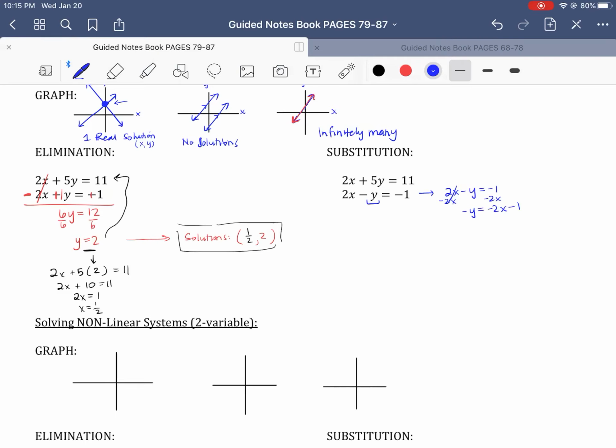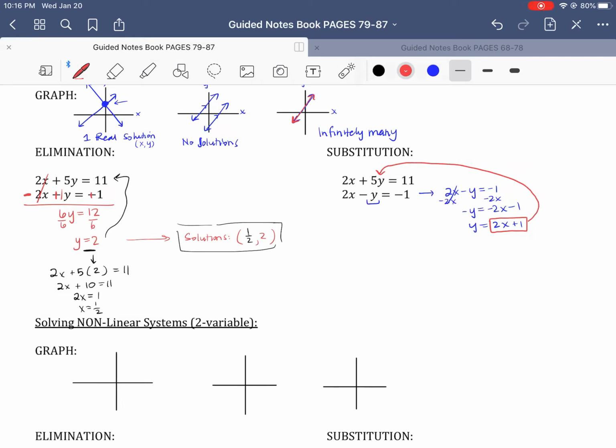I don't like the y being negative in this case, so I'm just going to multiply everything by -1. So it changes the sign of all of those. Now notice you've just solved for y. So you know that y is equal to, or has the relationship of 2x plus 1. So if you can take this now and plug it into the other equation, or what we call substitute it